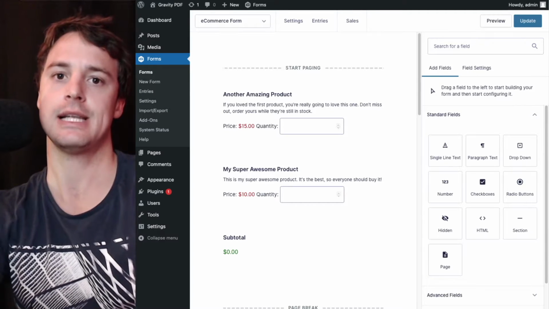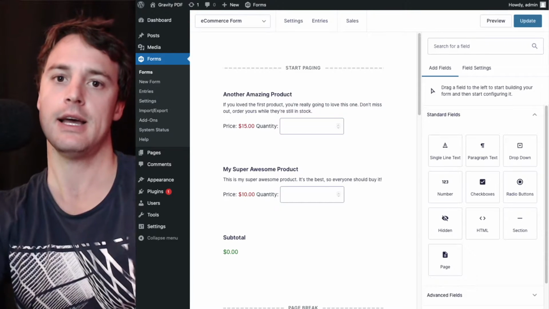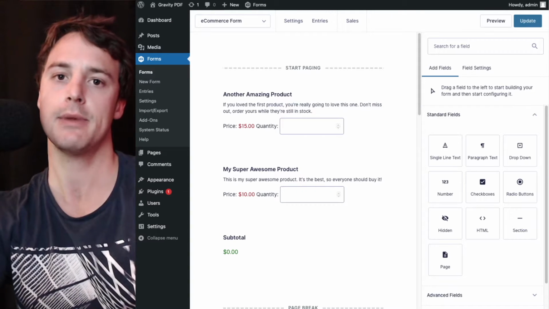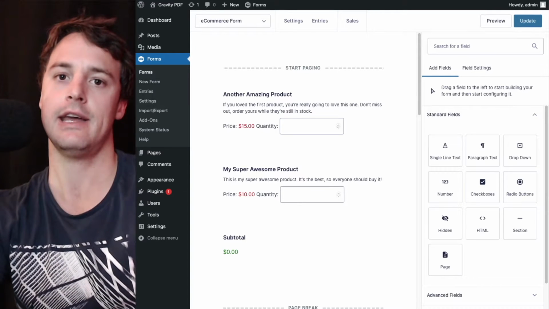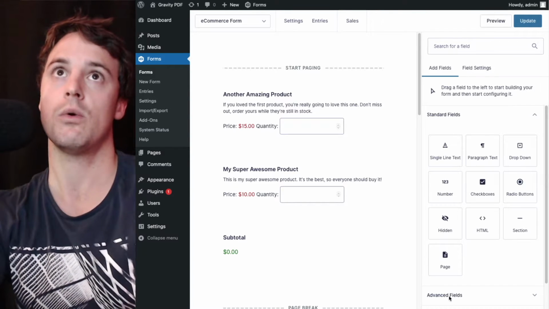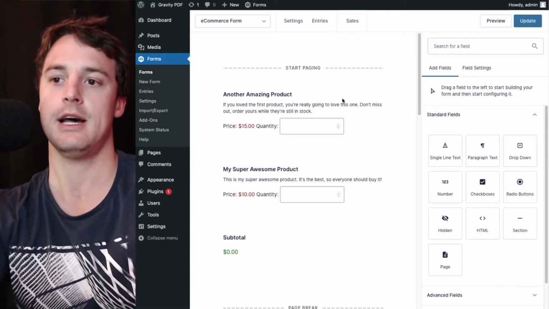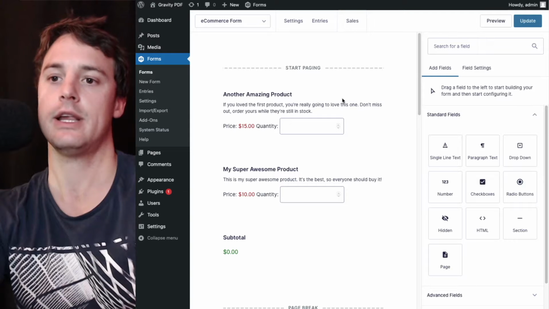a message to Slack with the PDF URL included. This is useful if you wanted to get notified of new leads coming in and a direct link to any generated PDFs for that lead, or if you're using Gravity Forms for e-commerce, which is what we're currently doing with this sample form we've got open, and a new sale comes in and you want to quickly look at the